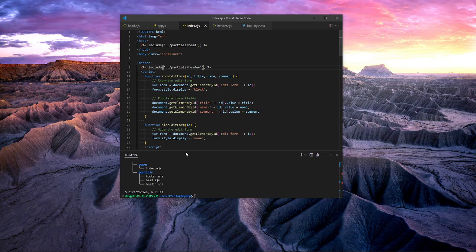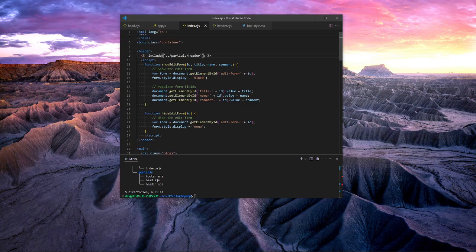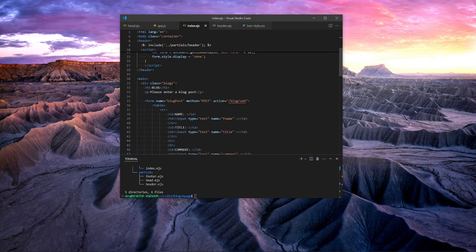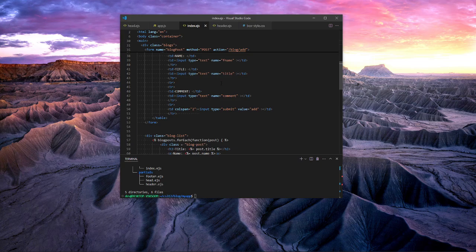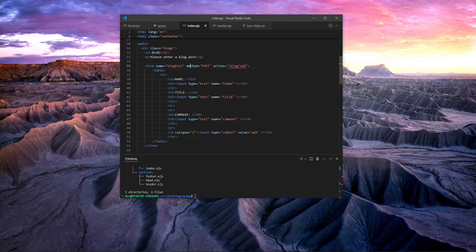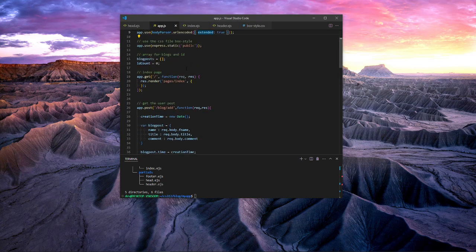So basically, I'm going to describe the index.ejs. This index.ejs is the main page that shows up. The first thing I have is a blog post form, which is basically how you create a blog post. It has a name, title, a comment, and a submit. So when you submit, it'll call this action blog add, and as you can see in this app.js, we'll see